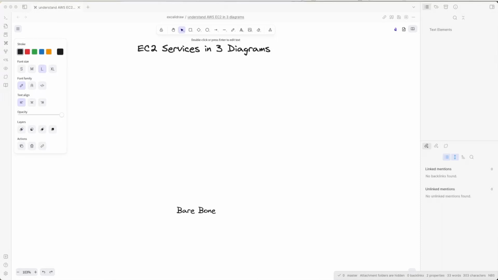Today I'm going to talk about AWS EC2 services. EC2 stands for Elastic Compute Cloud, and it allows you to choose from different types of instance sizes, operating systems, and network configurations. You can also scale up or down your instance depending on your demand, and only pay for what you use. In this video, I will show you 3 diagram examples of how to use EC2 instances for different